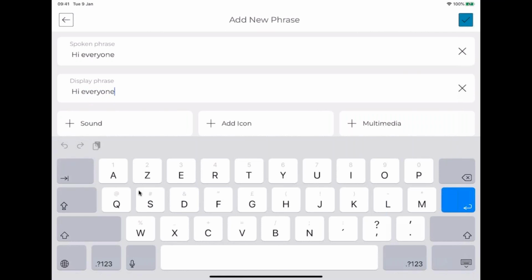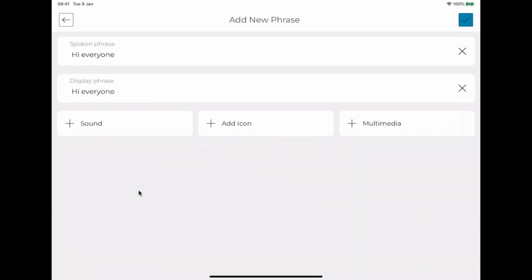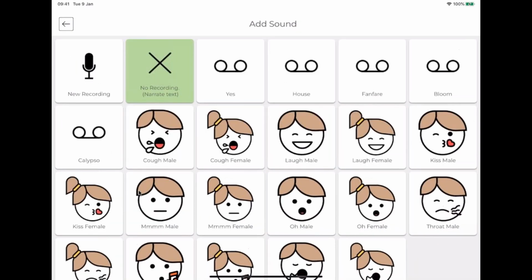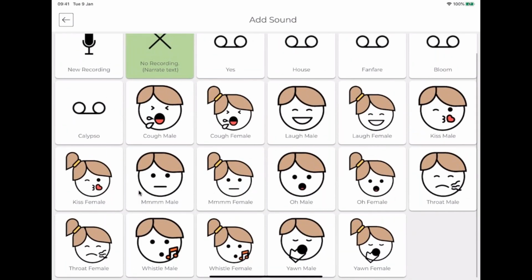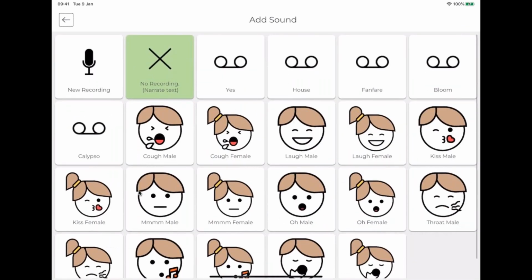And then as you can see, we have three buttons here. You can attach a sound to it. You can either choose from the default sounds that we offer in Predictable, but you can also record your own. So bank a message by selecting this new recording button.